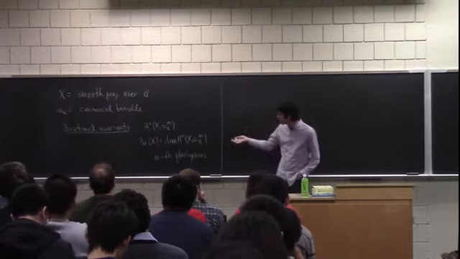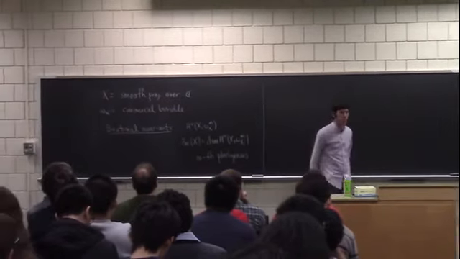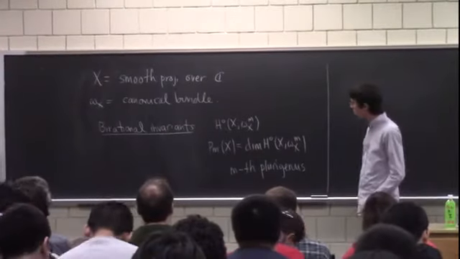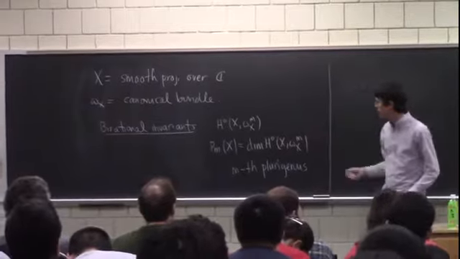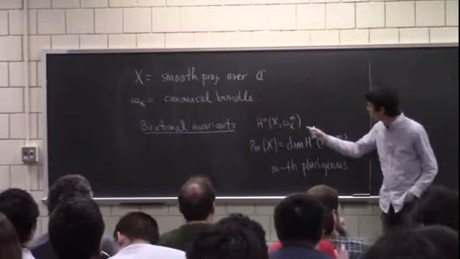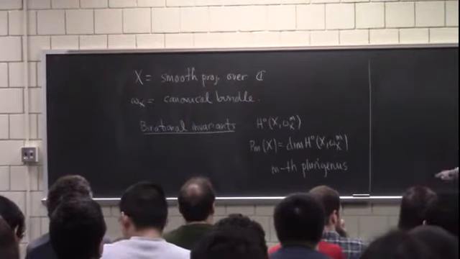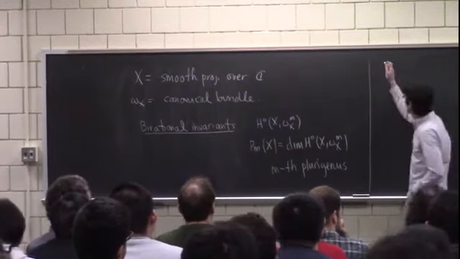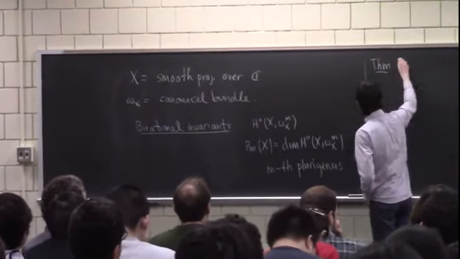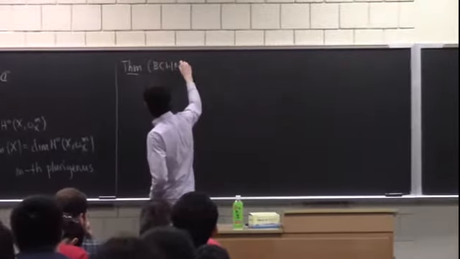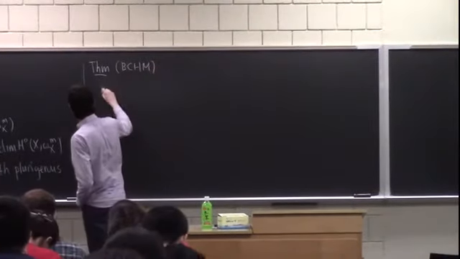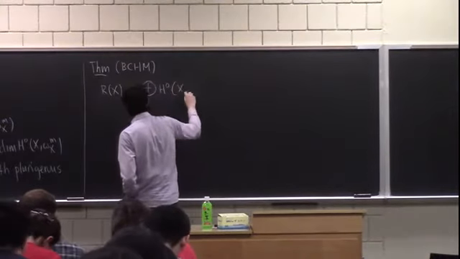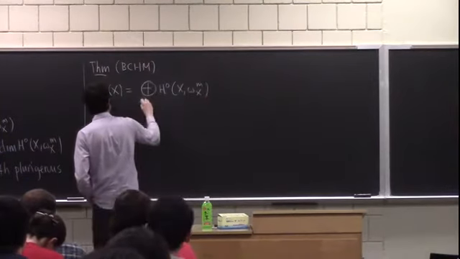Essentially we're interested in the behavior of these quantities. Let me mention first, in passing, a very important theorem related to these spaces: if you take all of these spaces together, you can build a canonical geometric object out of them. This is the famous theorem due to Birkar, Cascini, Hacon, and McKernan, which says that if you take the direct sum of all of these spaces for m from 0 to infinity,